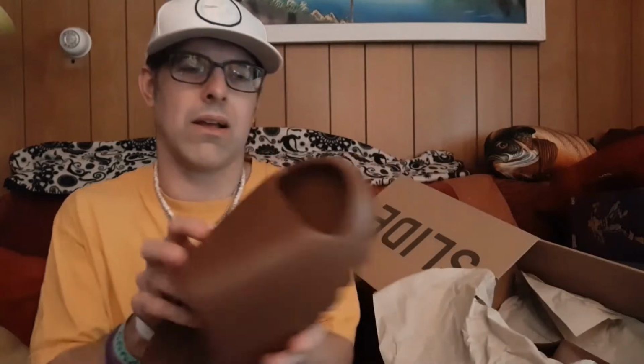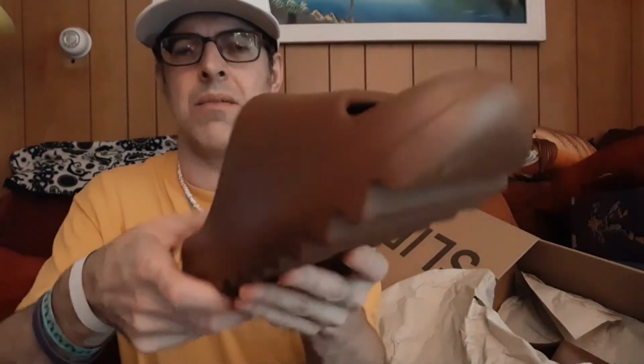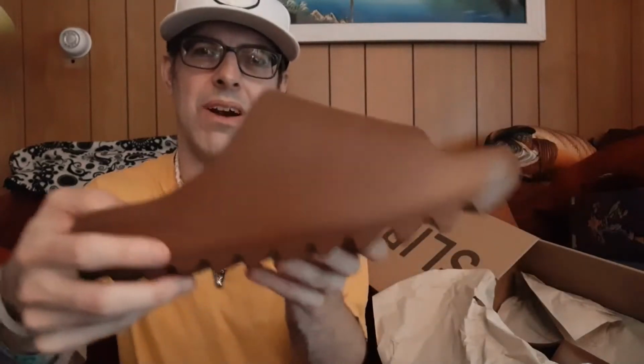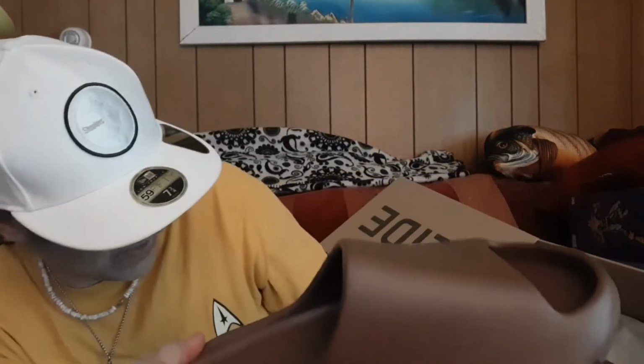So we open them up, look at them. And thick brown. Here it is. So basically, if you're watching this video, you probably know what they look like right now. This is a brown color, almost makes me think of Travis Scott. And pretty soft and supportive. So this is the first Yeezy Slide that's genuine that I've owned. However,